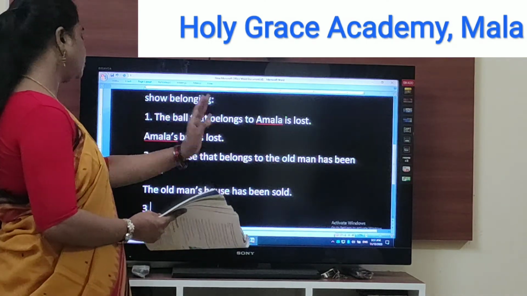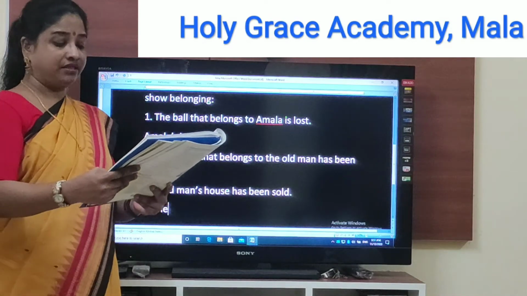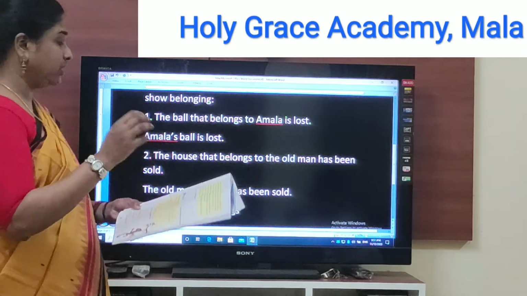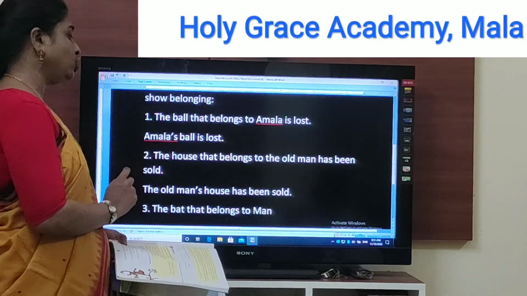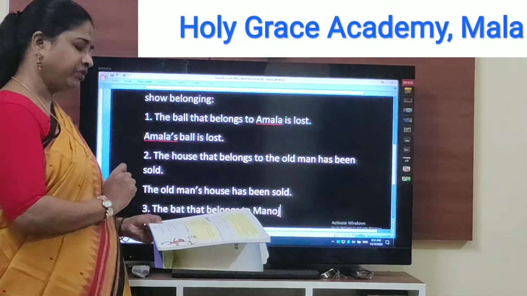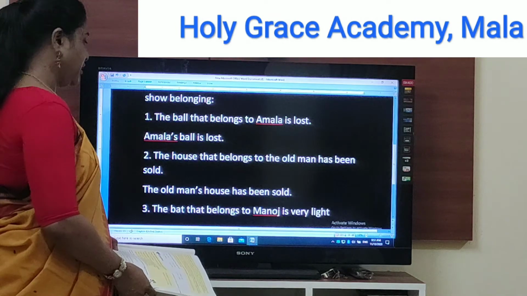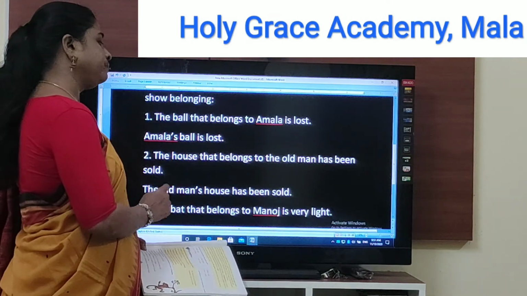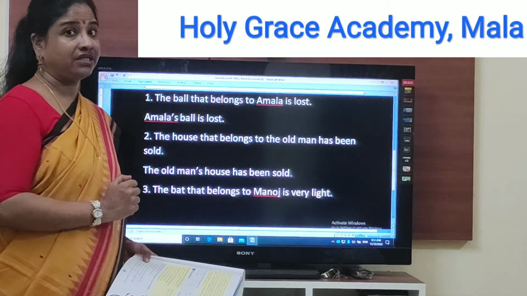Now let's look at sentence number 3. The bat that belongs to Manoj, M-A-N-O-J, is very light, full stop. So now, whose bat is that?